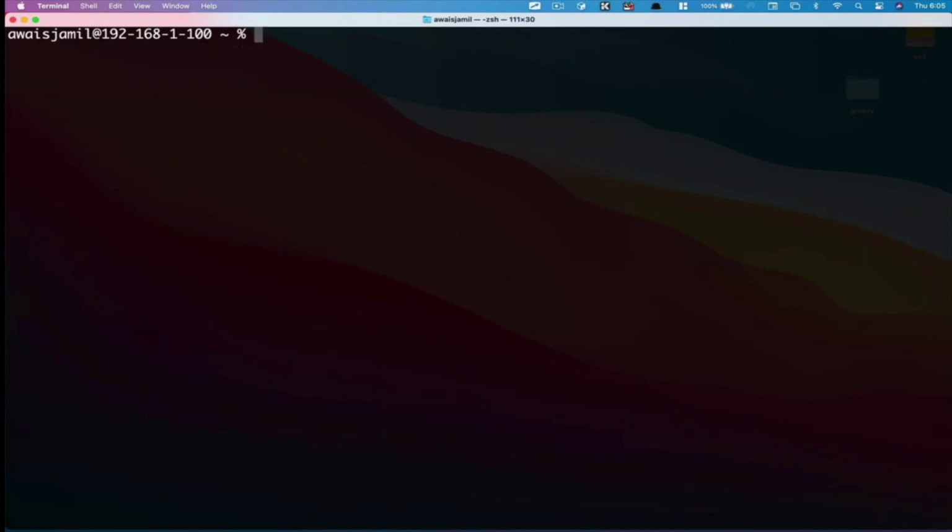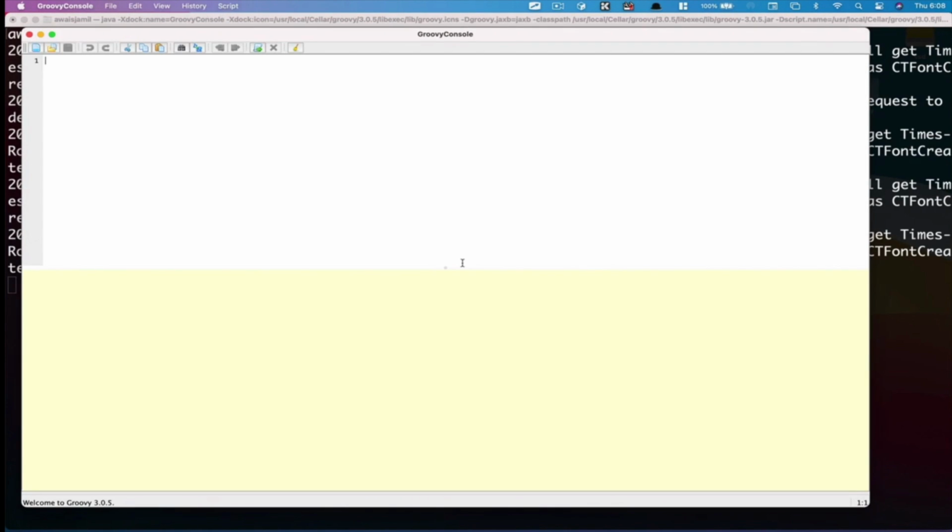And also we have a Groovy console, which starts a graphical interface that's used to execute Groovy code interactively. To execute Groovy console, simply type groovyConsole, with a capital C for console. I'm going to press return and it's going to bring up the console for me, and I can start writing some scripts there. So here I'm going to just use println, and I'm going to say hello world, and then I'm going to click on this button, which will execute this code, and I can see the result here.